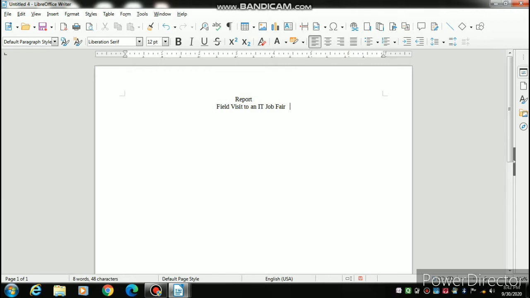Once again I have to go to the next line, so I come to the last word, and the Enter key is used for the next line. So now you can see where the cursor is blinking, on the new line. I can start typing over here.